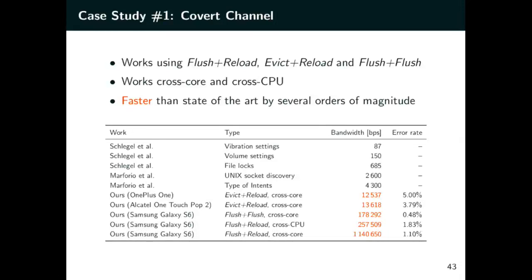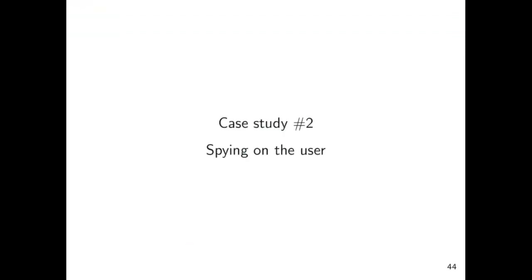And as you can see, when we use Evict+Reload, it's much slower, of course, because there's much more noise. But it's still faster than any previously discovered covert channel. And now Clementine will tell us how we did the demo and how you can use our attacks to spy